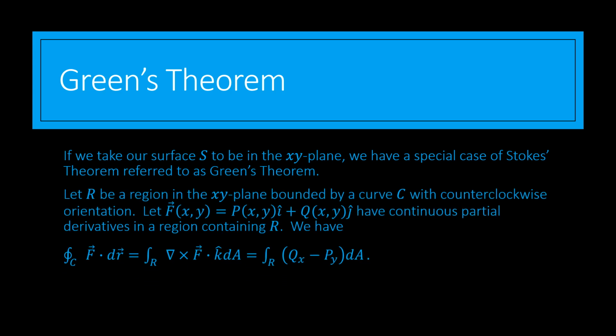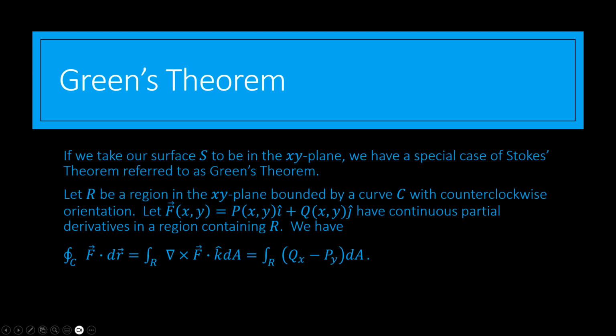And so in this case, we specialize this a bit. We have a region R in the xy plane bounded by a curve, and we're going to take counterclockwise orientation for this. So if you use the right-hand rule, that means our normal vector is going to be k. We're going to take our vector field to be, it only has 2 variables because we're in the xy plane, so P(x,y)i plus Q(x,y)j. And again, continuous partial derivatives in a region containing R. Then